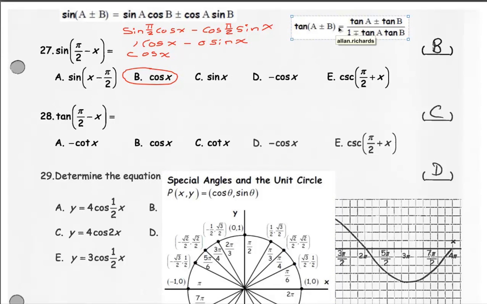So the identity we need for number 28 here is the tan of A plus B. So notice that the plus or minus is the same here as it is on top, but it's opposite in the bottom. So when we write this out, it would actually be the tan of the A angle, which is pi over 2, plus the tan of x